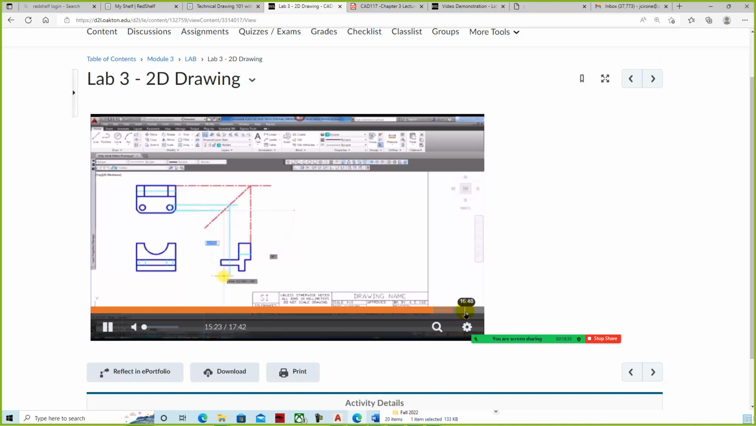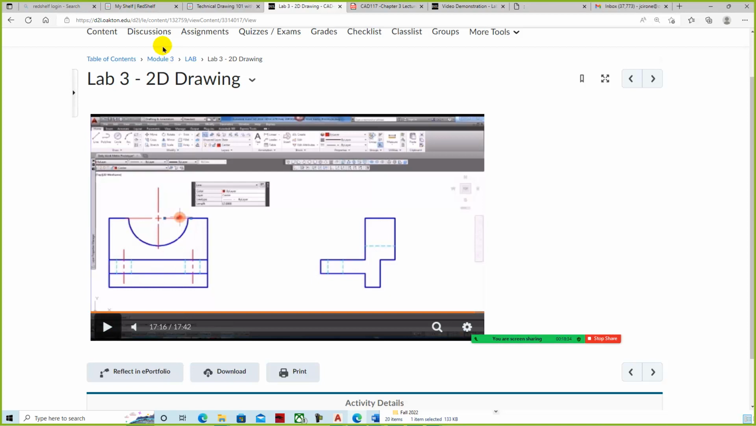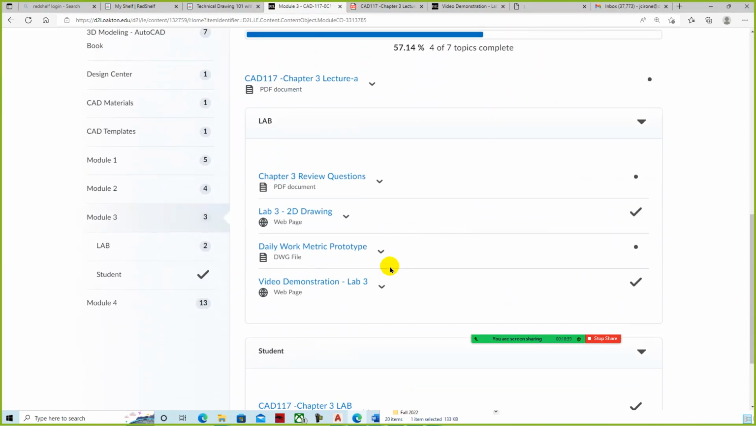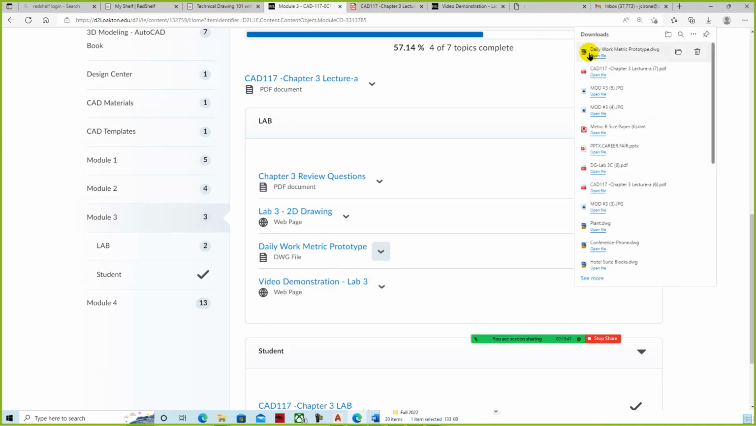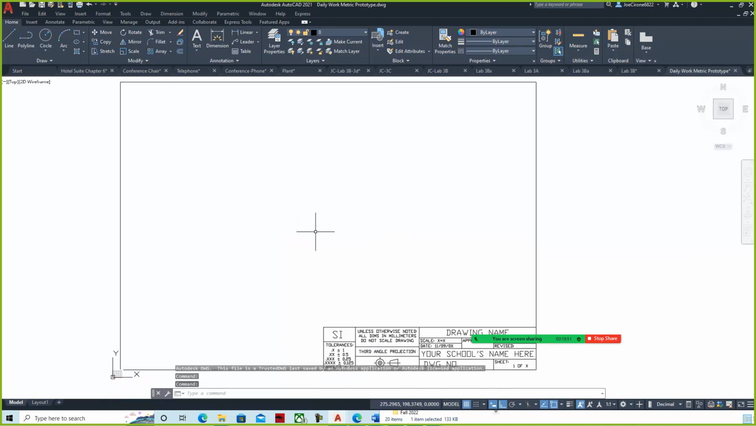So we'll create that construction. Back to module 3. Here's our metric drawing prototype. We can download that and open it for creating our drawing. And then if we look at some of our drawings,